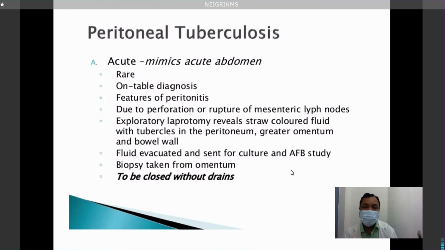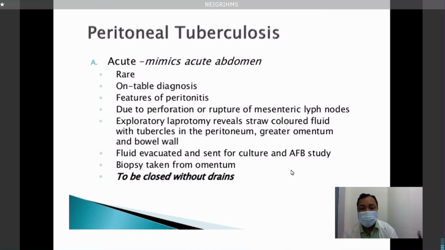And as a general condition, the patient is also a little bit frail, then it is better to perform some stoma, okay, ileostomy preferably, and then build up the patient nutritionally, start the antitubercular treatment, and then at a later date, you close the stoma. And remember, whenever you are closing the abdominal cavity or the peritoneal cavity in an operation